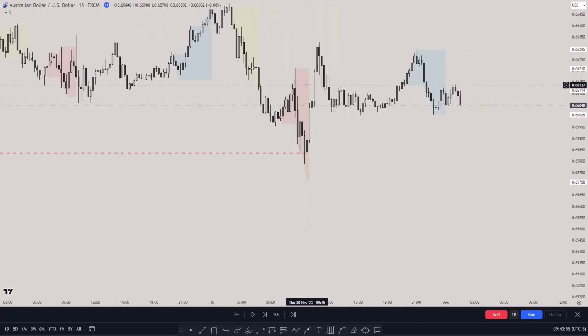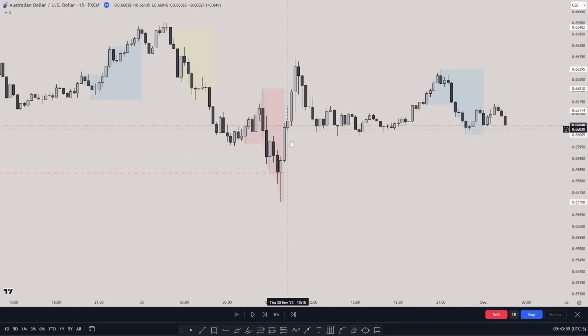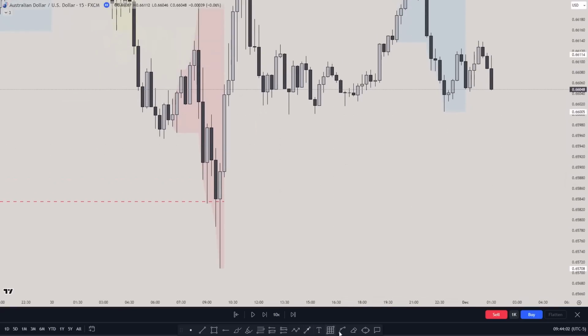And so we had the sweep and then a breakout structure right here, or change of character, leaving a fair value gap. What we see is price filled this fair value gap right here, also right here, and right here. The question, why was this fair value gap not really respected in a way that we see a displacement after? There's only one answer to this. And also similarly, what do we have here? Again, price coming back into the fair value gap, not displacing.